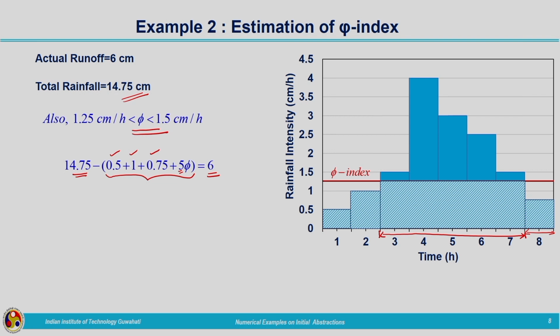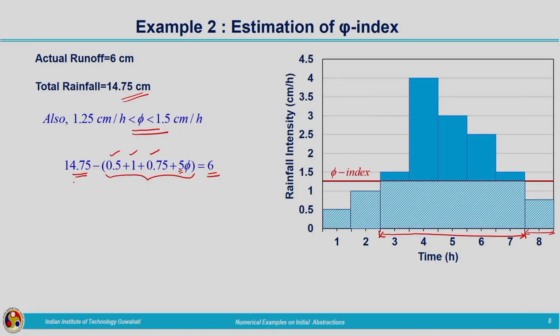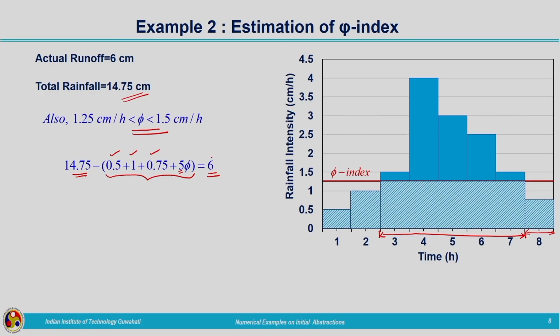So, 5 multiplied by phi plus abstractions corresponding to other time intervals together will be the total abstraction. That abstraction subtracted from the total rainfall will give you the direct runoff depth, that is 6 centimeters. So, by making use of this formula, you can calculate the phi index value as 1.3 centimeters per hour,